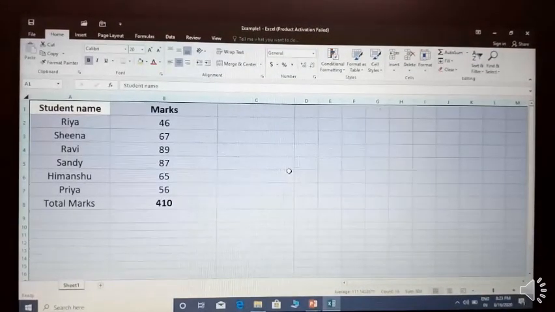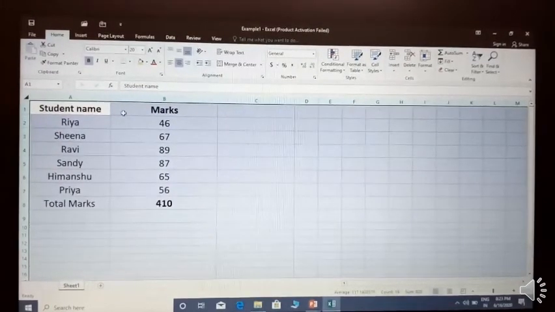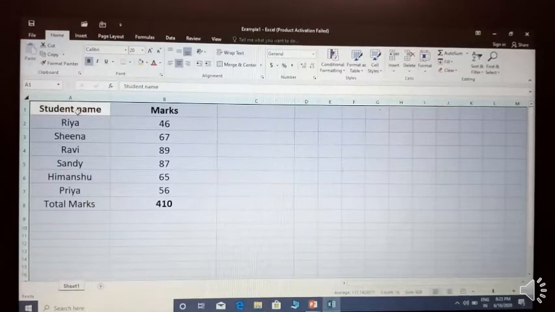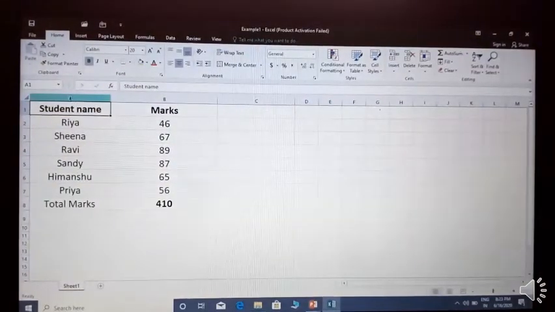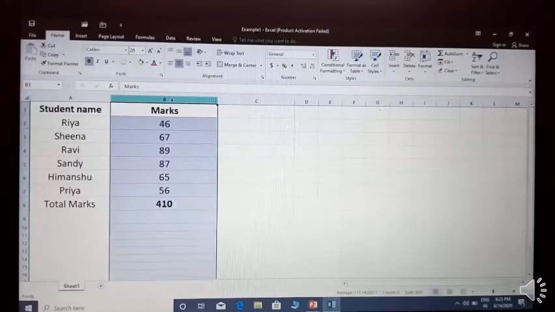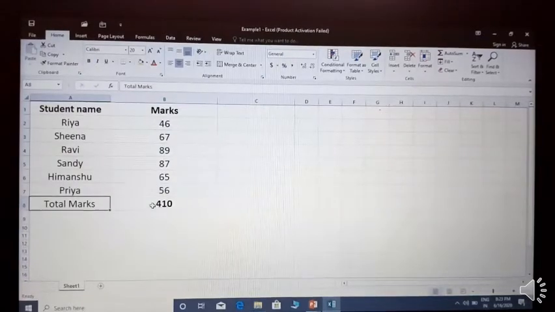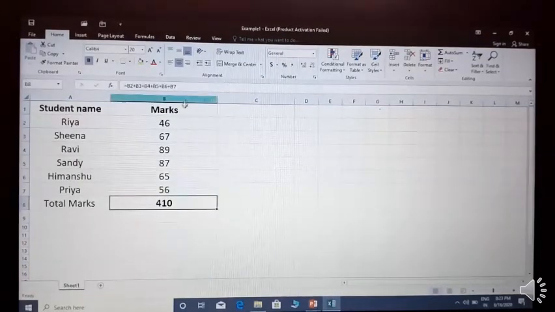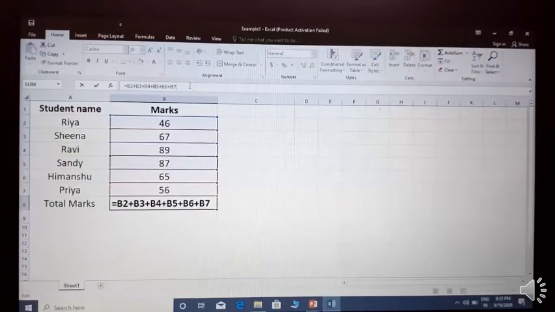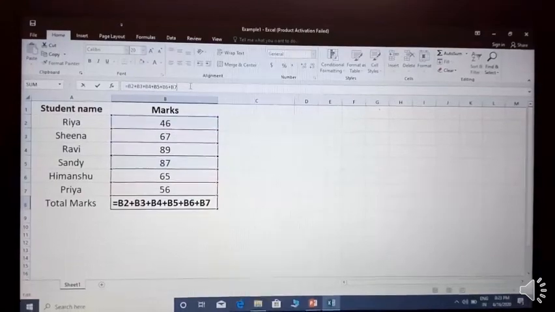Now I am going to explain example number 1 of our book. This is on page number 13. I will give you the snapshot of this and you can read that one. In this example, this is our record. In column A, I have written the names of the students, and here we have written the marks of the students, and here I am going to calculate the total of all the marks. So how can we get the total of all these marks? In the snapshot you will read step 1 to step 6.